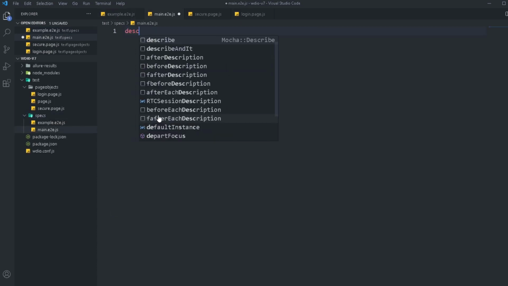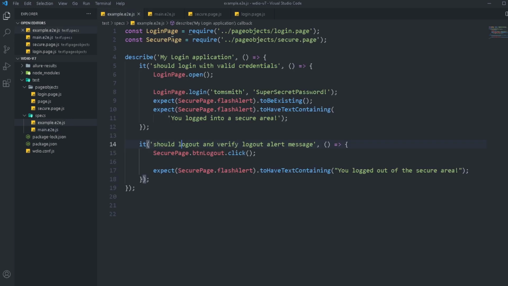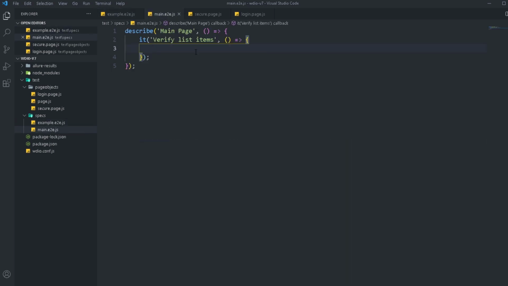And here I'm going to create a describe and an it block. In my describe block, I can call this one main page, and in my it block, I can name this one verify list items. Now I can start writing my tests from scratch. Since I've already shown you how to use page object model, I'm going to be skipping that for this particular test, to make sure that we quickly go through the actual test instead of just implementing page object model. But you can very easily create a new page, call that one main.page.js, put any elements over there, and import that here as well, the same way we are calling it right here.